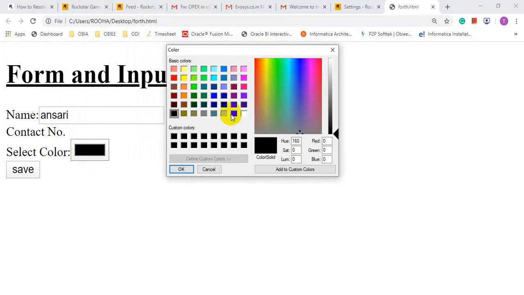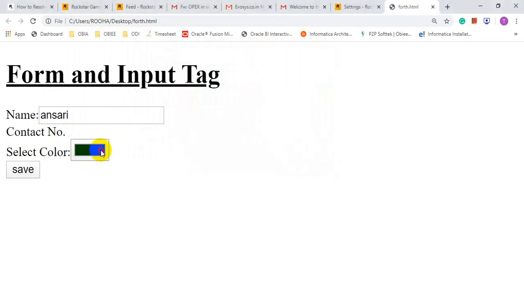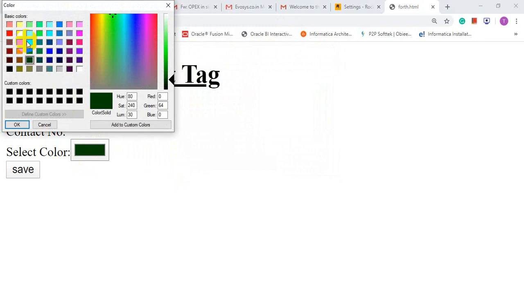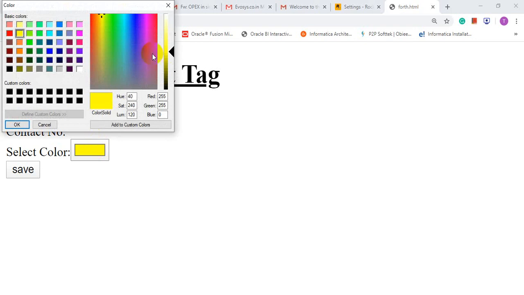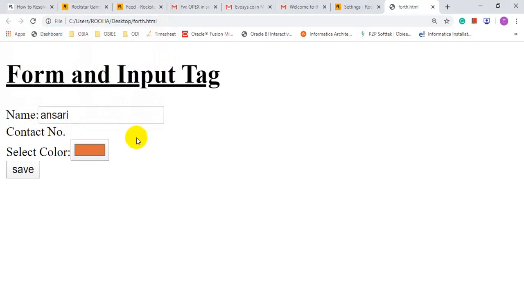By using that color chart, you can take any color, even a customized color, and click okay.